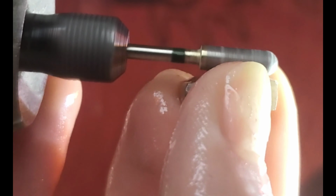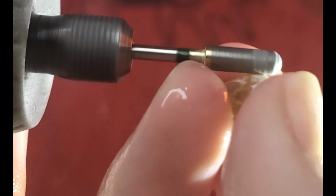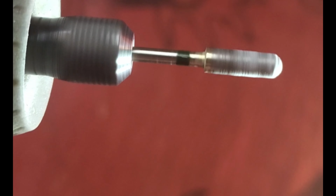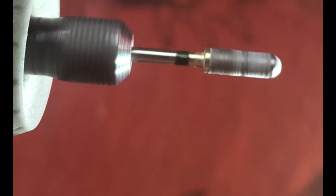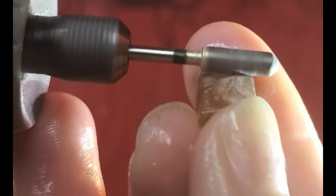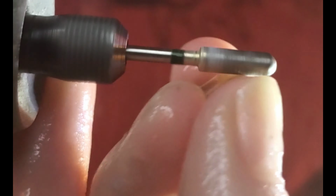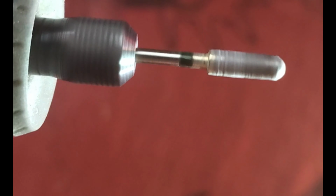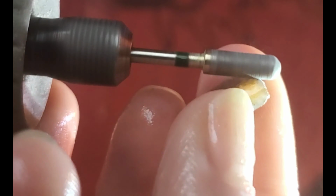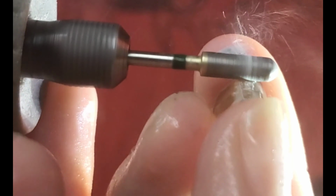And then I started by doming the other side by first making it flat, and then I worked on the corners of the edges to smooth them out, working them back and forth between the side and in towards the face of the stone. And then I worked on making it flatter again, because I didn't want to get too high of a dome on this, because it is